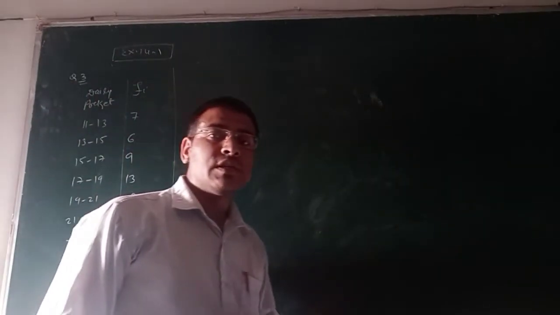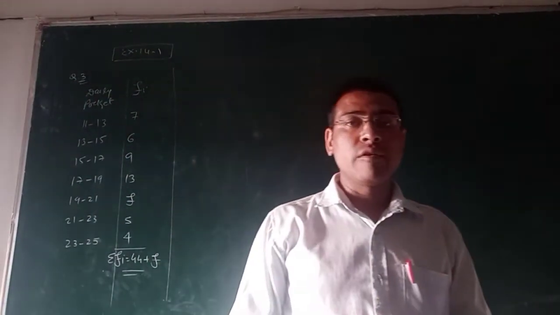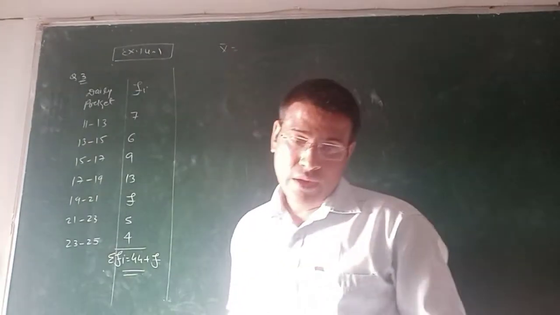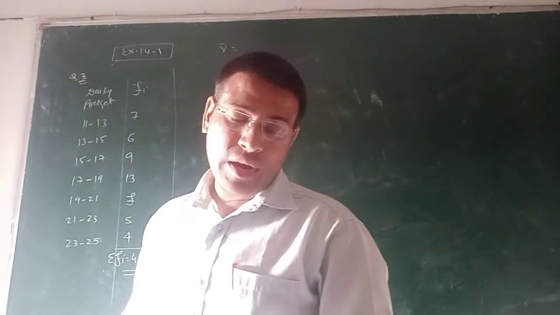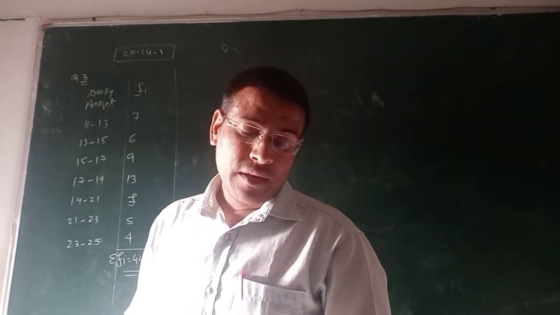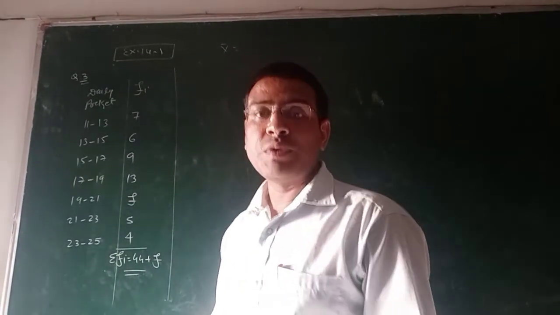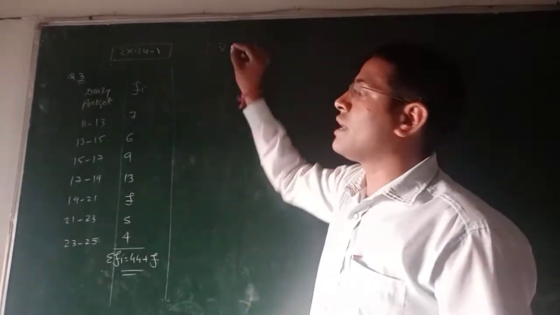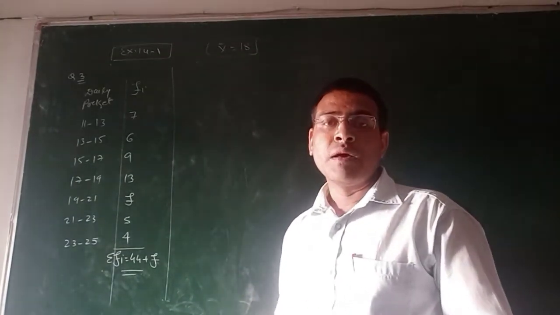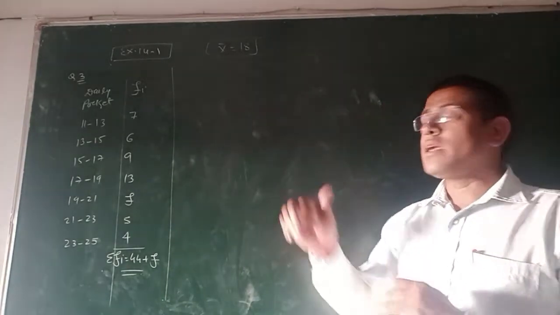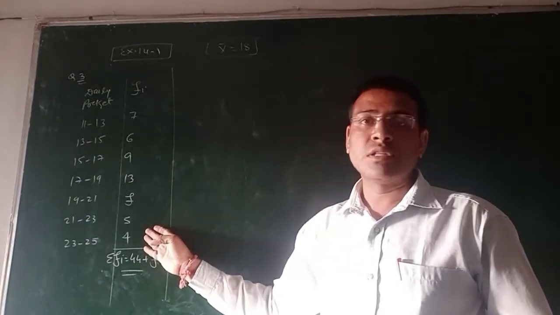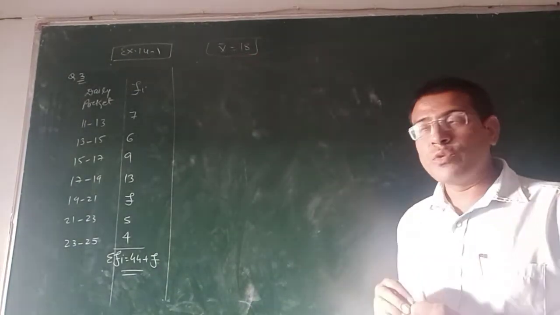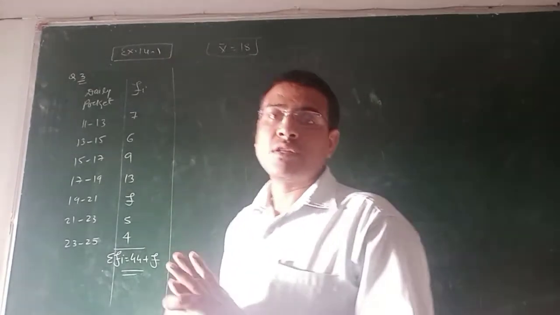Friends, when you are given this kind of question with missing data, you are definitely given the mean. You can see from the question, the following distribution shows the daily pocket allowance of the children of a locality. The mean pocket allowance is rupees 18. So the mean is already given. Every time you were given everything and had to find the mean, but this time when data is missing, they give you the mean. So you have three methods to calculate the mean.